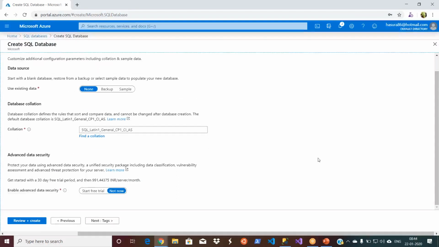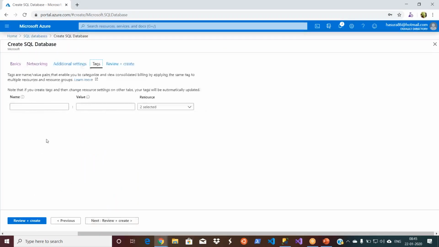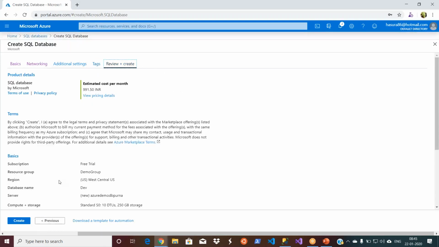Yes, I'm going quickly because it takes a lot of time to explain and it's not part of this session. And I'm not using any tags, etc. Let's go and create. Estimated per month, 991. Anyway, I'll be deleting this after this session.